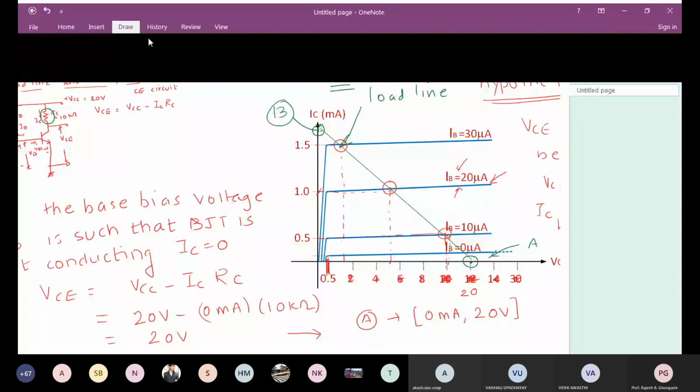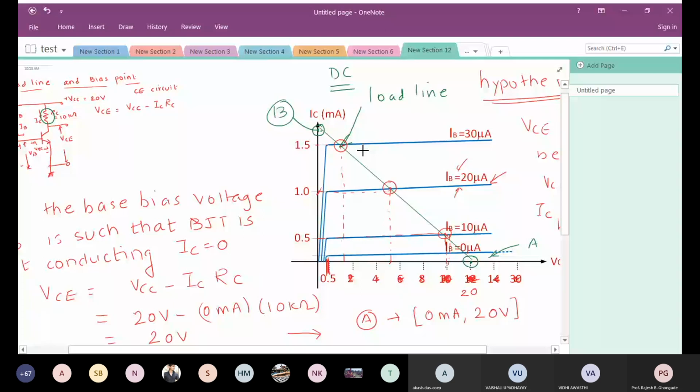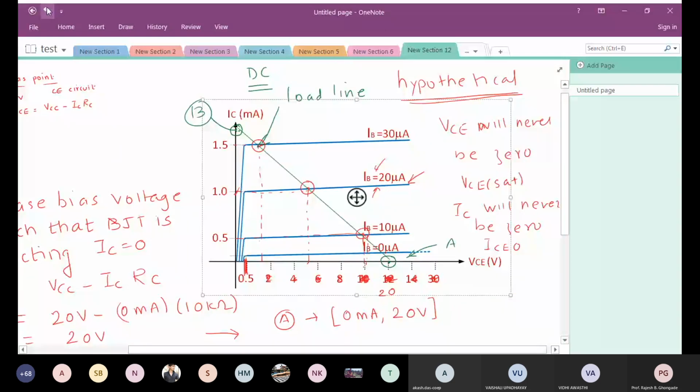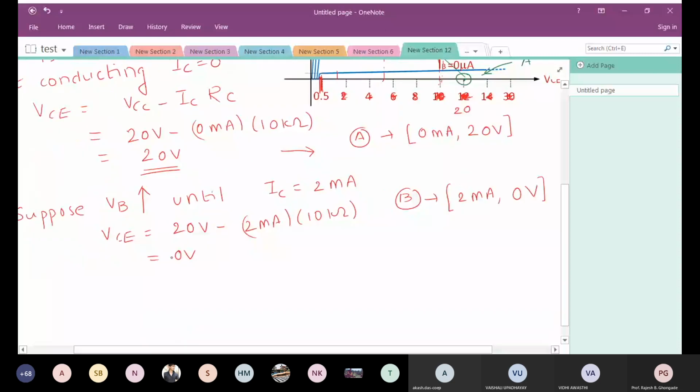So if I make RC a little bit different, in fact, I am expecting a different slope like this. So this will be for a different value of RC. This red load line is going to be different. So correspondingly, the slope of the load line is dictated by the collector resistor. Now, if you have understood this, things are going to be very, very easy.